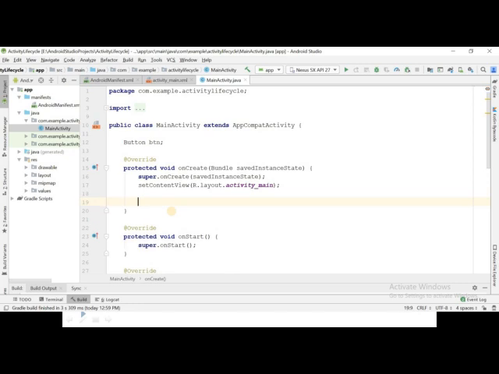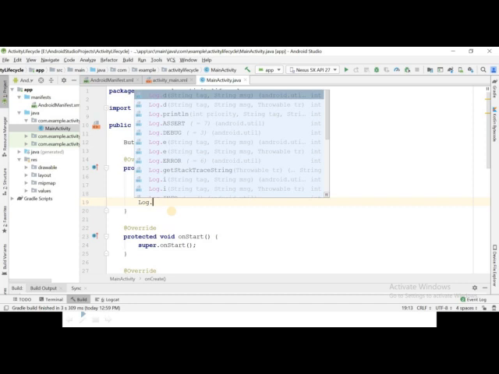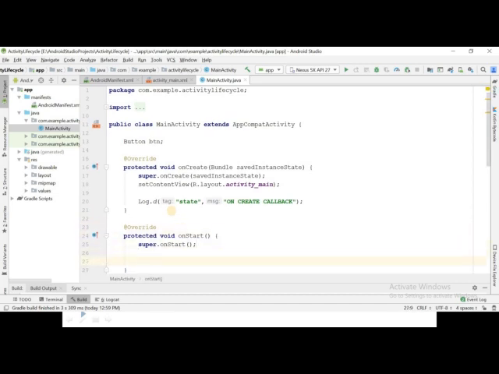In the onCreate method, we will write a statement Log.d, and we will write some tag name, let's say state, and in this method I will write onCreate callback. Similarly, I will write this log statement in all the methods with different text inside each method.